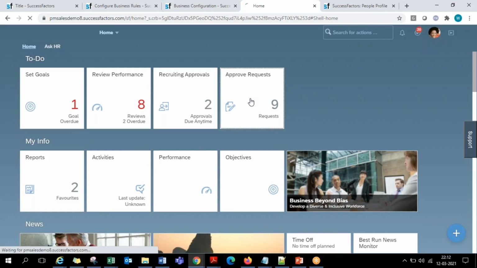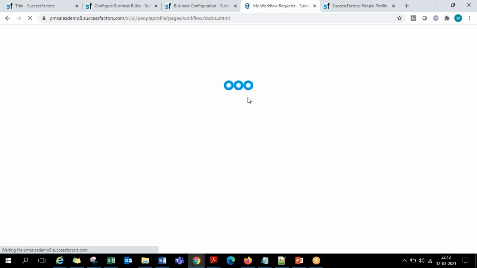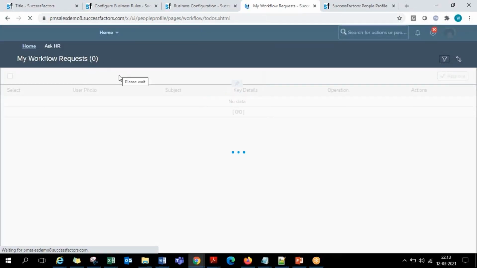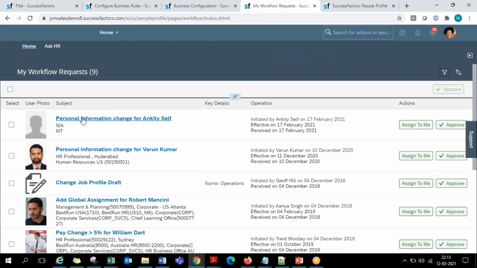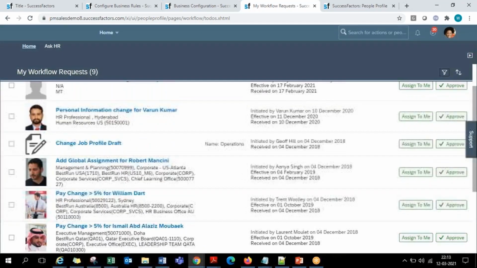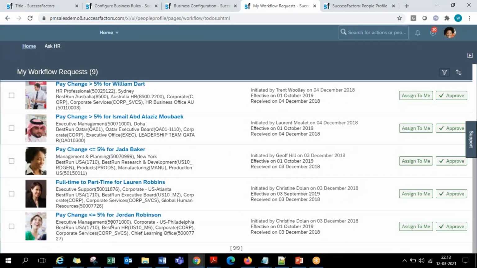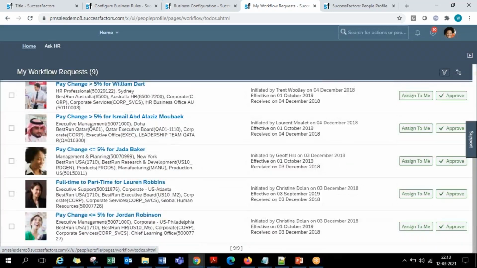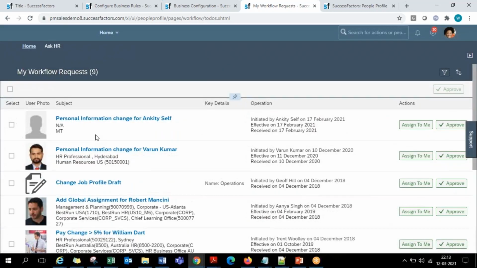Now if we go under these 9, one should be Anya Singh's address change request, the way Charles Brown, the reporting manager, saw this. Among these 9 requests, one should be Anya Singh's address change. But among the 9, you see Anya Singh's address change request is not found here. Why is that so? I'm not able to see that here. There are 9, but none of them is Anya Singh's address change. Why is that? Can anybody tell me?